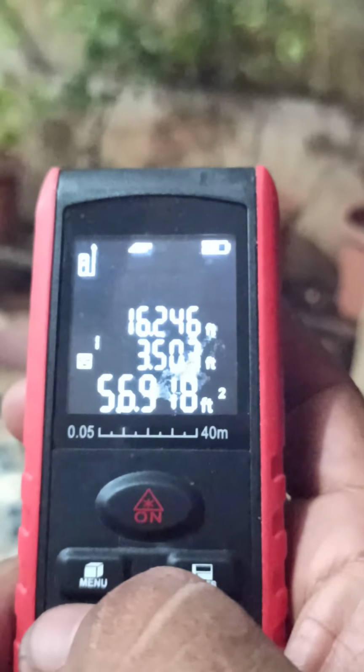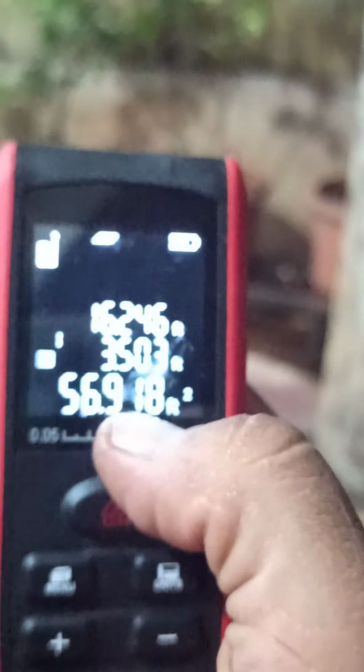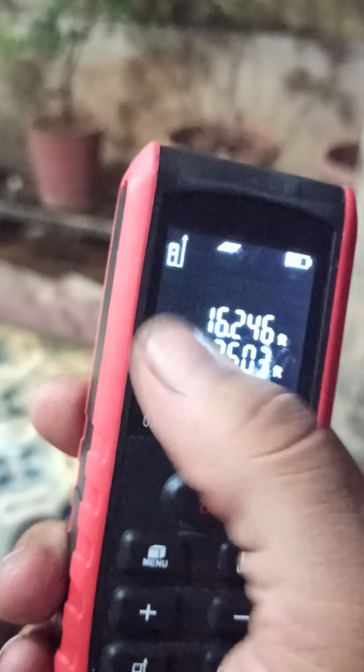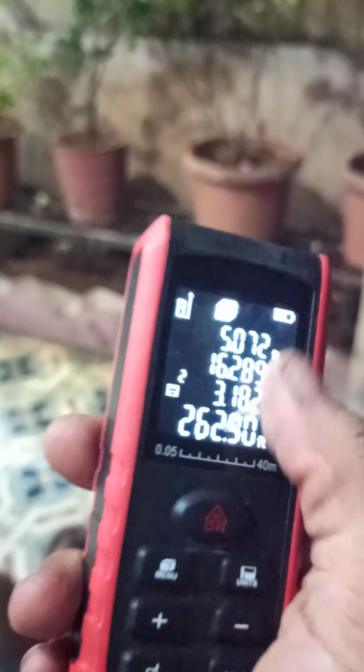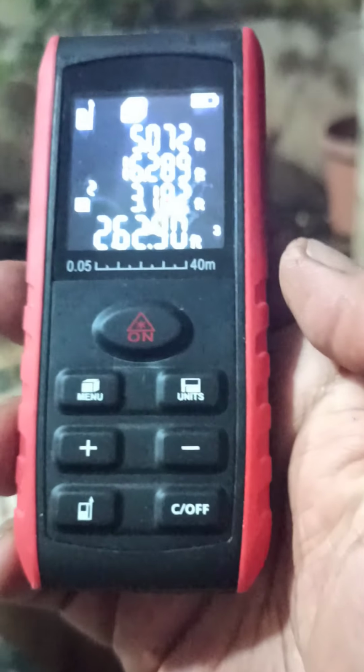And so what is this telling us? If you look at the screen, there are 3 values here. 2 in small font, 1 in big font. 2 in small font means length and width. Therefore, the first screen is telling you area. And if you press this again, you have 3 values. And this is length, width, height. So this is telling you volume. If you have just a linear measurement, that will show up on value 3. So this is the end of the tutorial, guys.